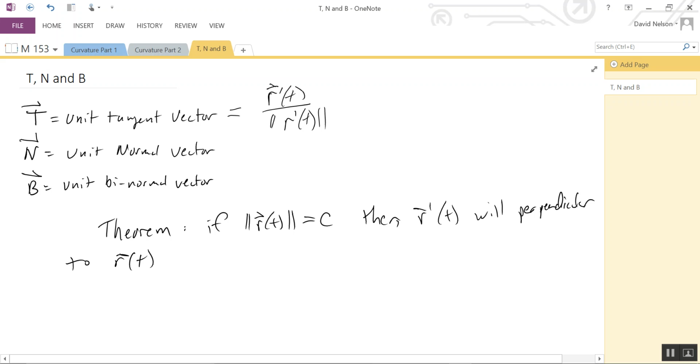The derivative, that vector valued function that you get by taking the derivative, will be perpendicular to the one that you started with. And you can get that because we know that the